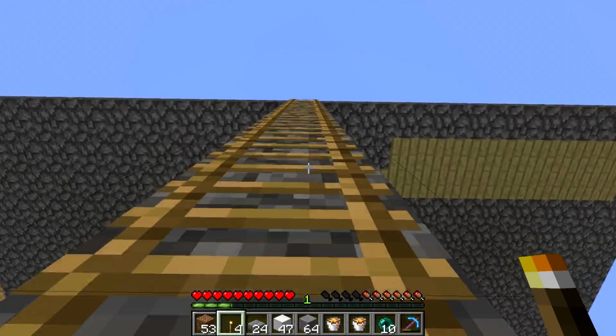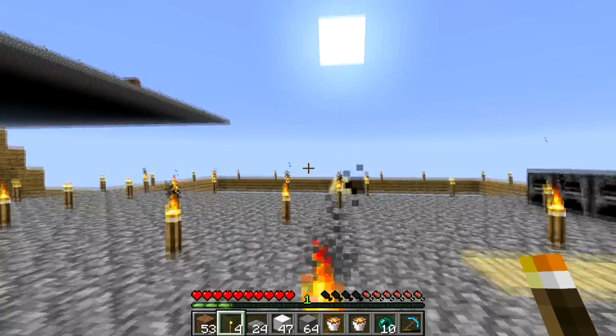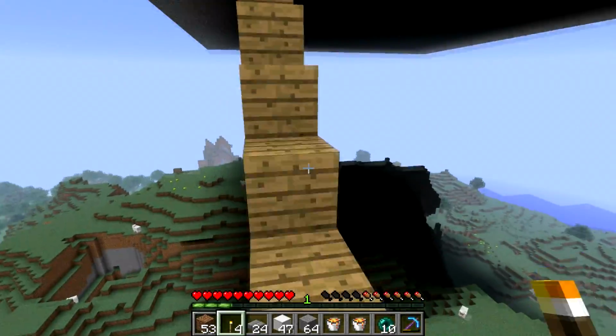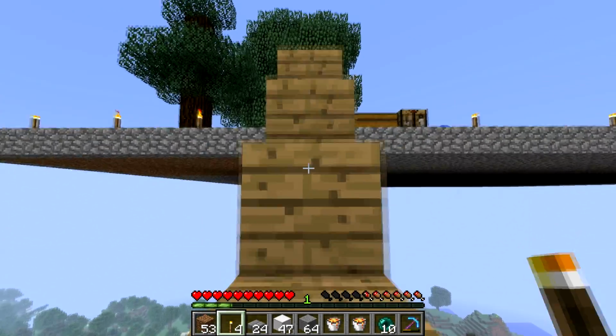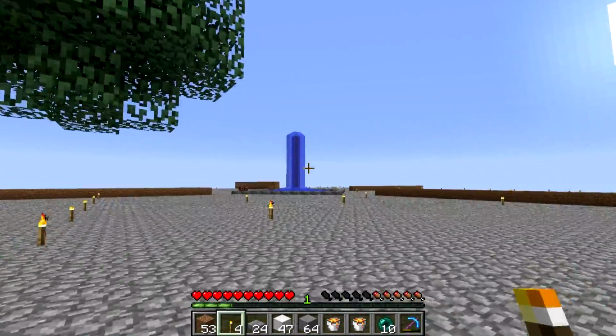So I mean, lava's the obvious choice. Lava and netherrack for some fire. But the question is, how do I successfully incorporate those elements? That always is the trick, isn't it? And obviously it won't stay a dirt pillar there, but...